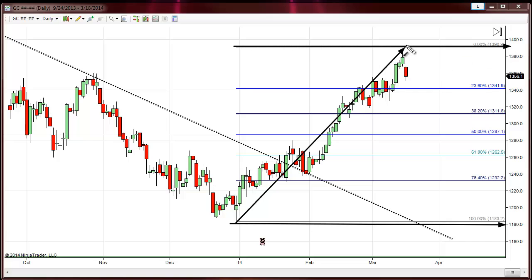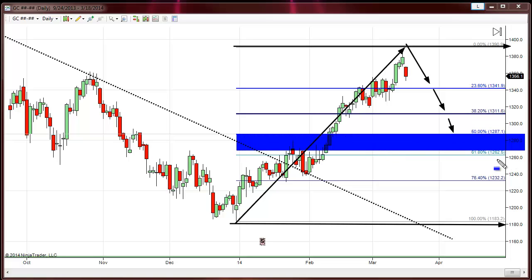1390, and when we look at this collective move, we talked about this yesterday, we have a couple of different levels we could see this market fall to, although my personal belief right now is we will not see a 50% or a 61% retracement. We could easily see a 23% retracement. That would take us to about 1341, 1311. That would be the lowest I think this market could go, but my sense is we probably won't see it go down there either. But the key is this: when we look at this particular move up, we have to